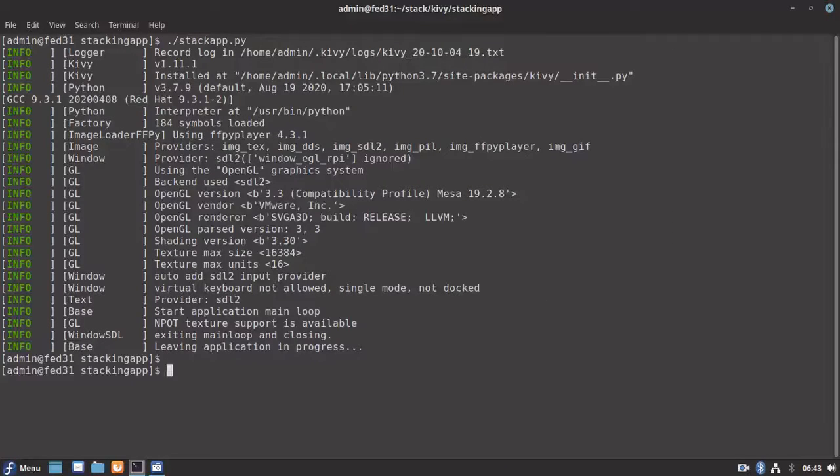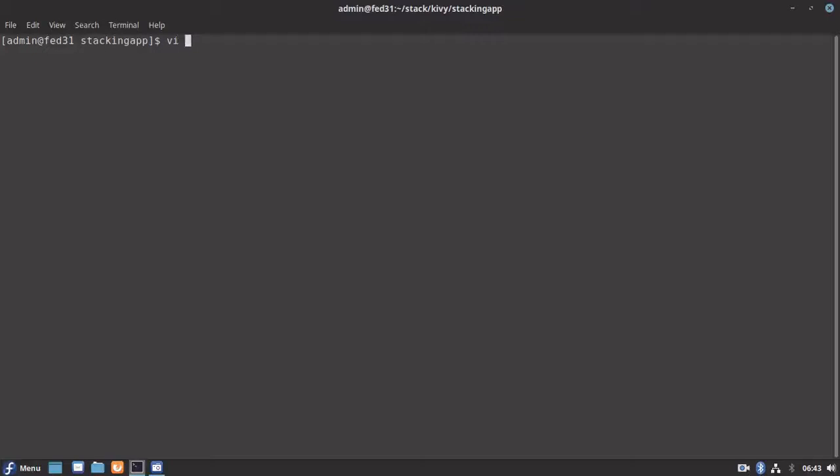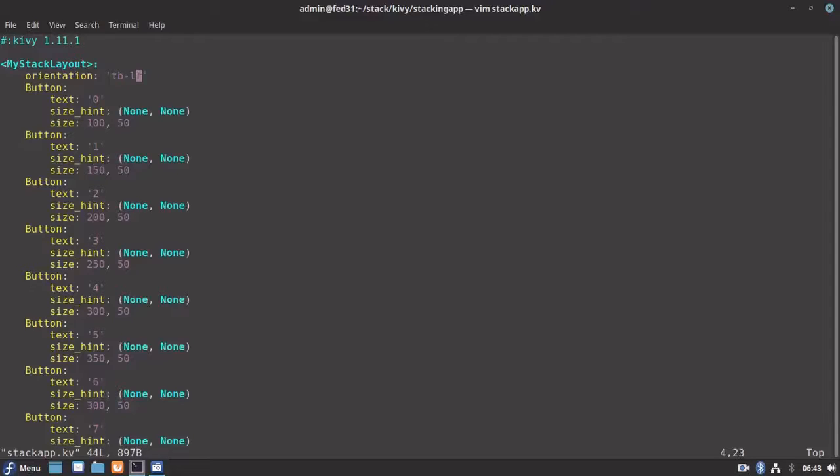Let's see some more orientations that stack layout can help in arranging. We'll use right to left, bottom to top. So it will come from the right bottom corner, right to left, and it will start going one above the other.